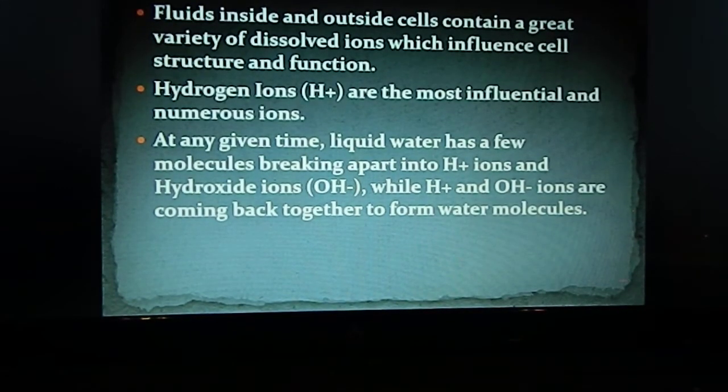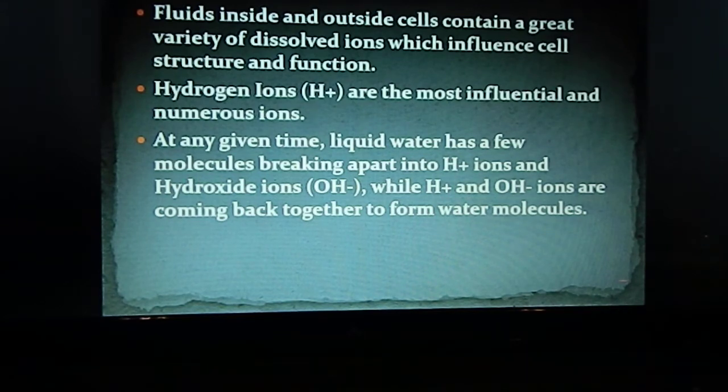All right, so the chemistry of life is sensitive to acidic and basic conditions. Fluids inside and outside of cells contain a great number of dissolved ions, which can influence the structure and function of cells. Hydrogen ions are the most abundant and most influential of these